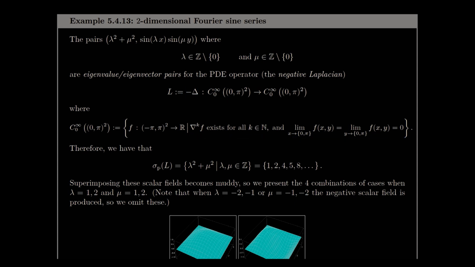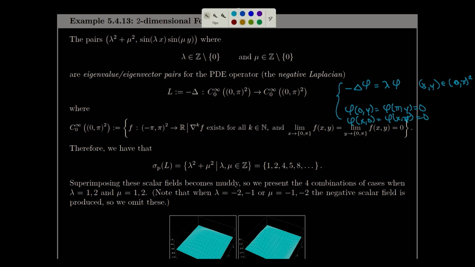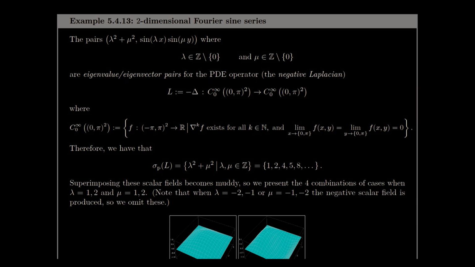And what we can do with that is set up a PDE which reflects this. The eigenvalue equation is just negative delta phi equals lambda phi, and then this would be for x and y in the entire square, 0 to pi squared, and then we need phi to be 0 on the boundary. And so you gain these boundary conditions just because of the definition of the domain of the operator. And then if you were to go ahead and solve that eigenvalue PDE,